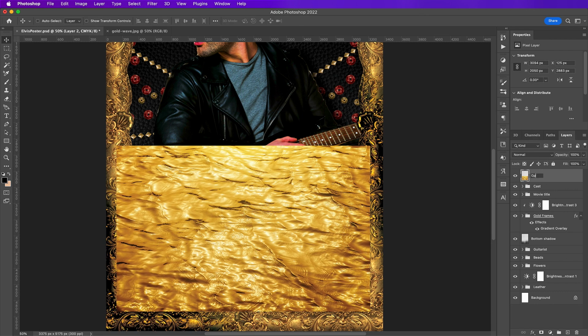And of course, rename it and make sure you place your cast within a group and right-click, create clipping mask.